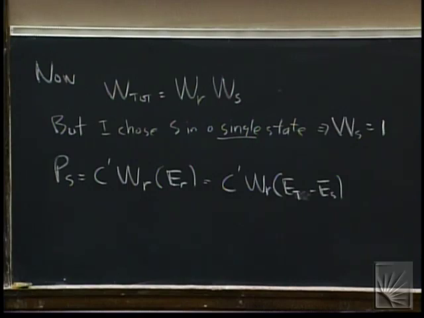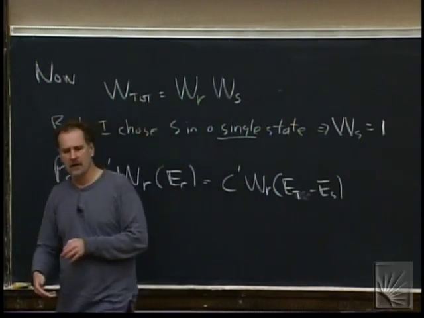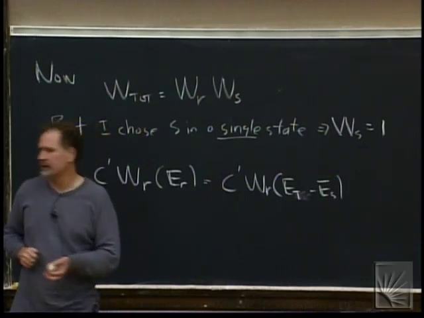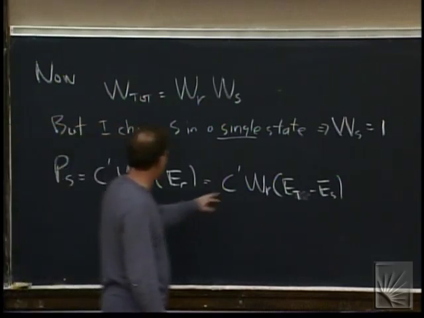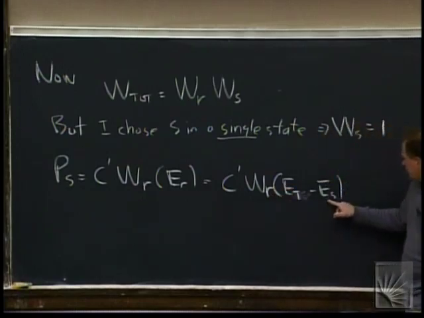Okay? So now what I'm going after, remember how this started. I followed the example in the book where we actually said, well, if I have these quantum oscillators and the total energy is given by some capital M, what's the number of states there are if I take one particle and look at it at some energy? So I'm seeking a probability that this system will have a state S with some associated energy. And so I've gotten to this point that probability is a constant times I have to count how many states there are in the reservoir depending on what this energy S was. And the way I've constructed it,